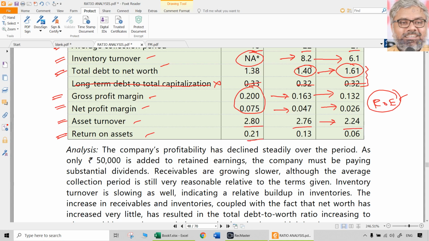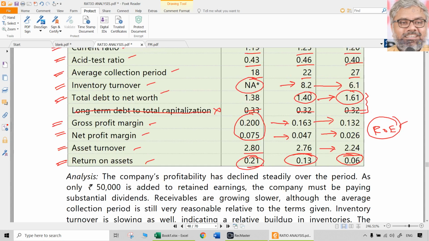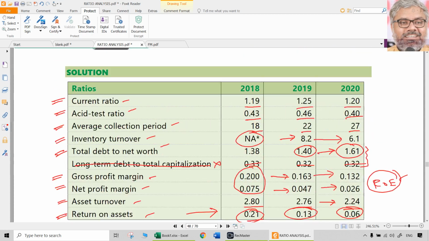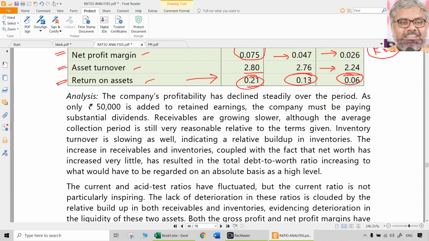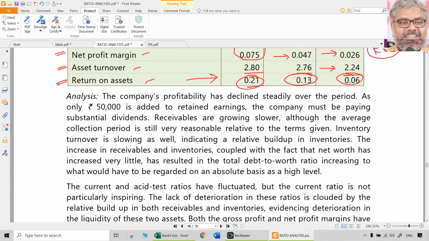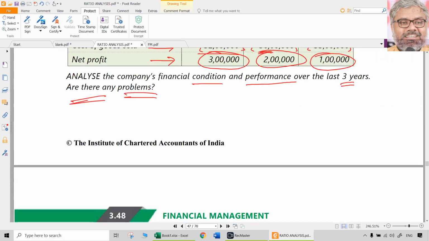Return on assets, you have to calculate this in percentage. Whatever is given in the material here, the expressions are not correct; you do it a better way. So 21%, 13%, 6%, definitely a problem. So these are all various ratios, and interpret them, telling at least whether it is good or bad. You don't need to go into the details very much. Where it is possible, you can go into them.